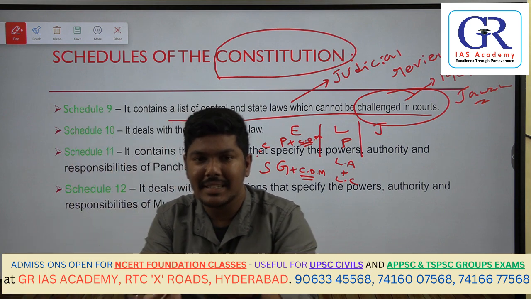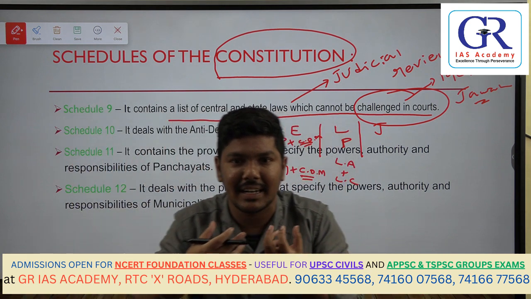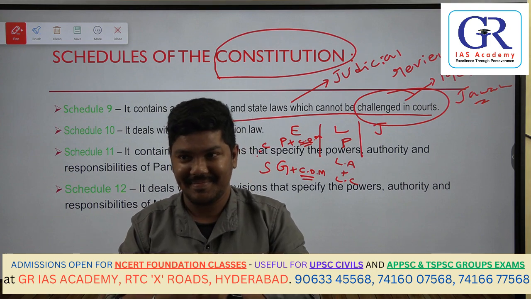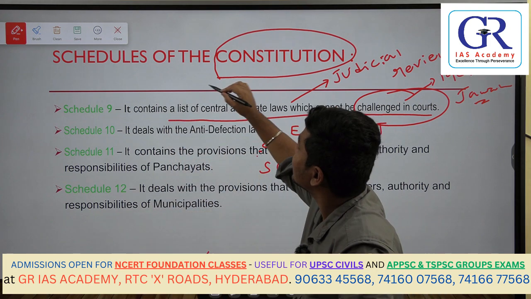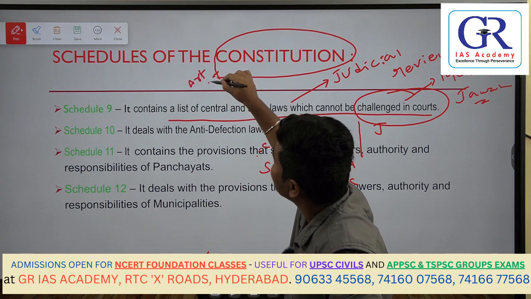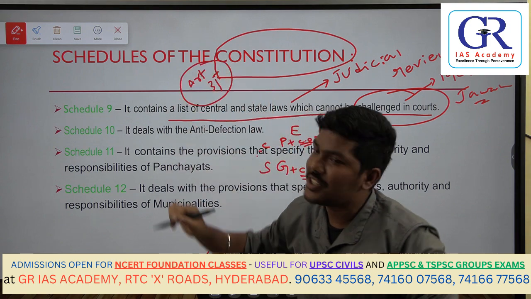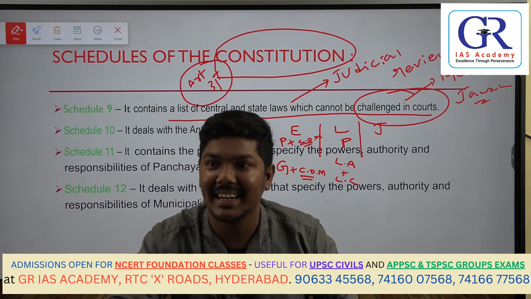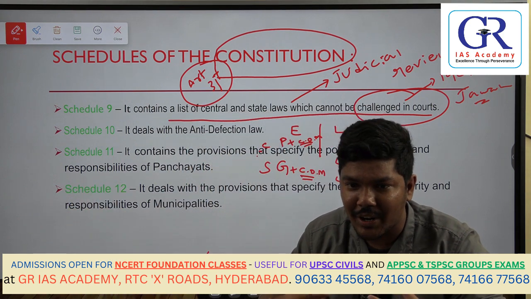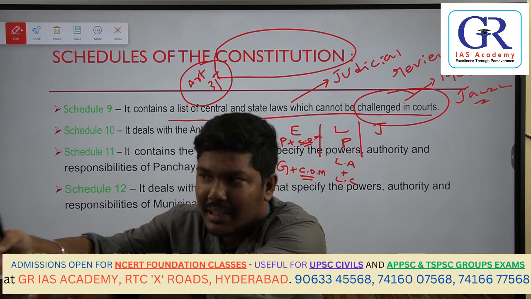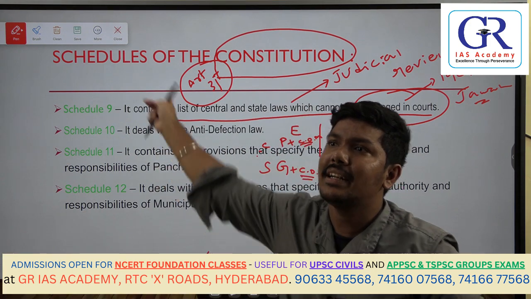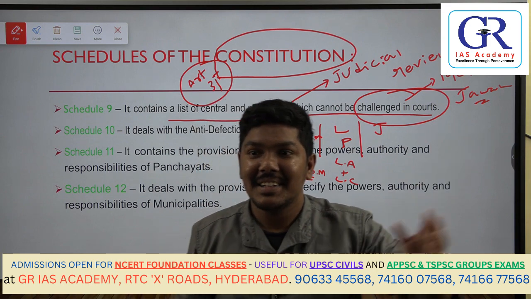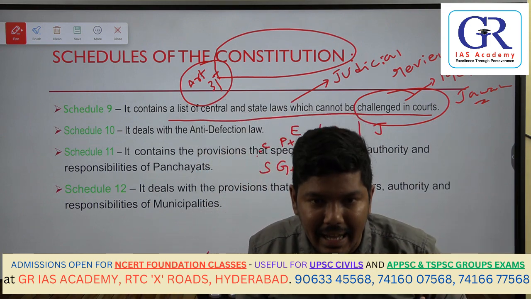But what happens is, whenever we try to take away this land from the Zamindar, he says that my fundamental right is violated. Which right? Article 31 of the Constitution. Article 31 of the Constitution deals with the right to property, which was a fundamental right. When the government goes to the Zamindar and says we want to take away the land, immediately they approach where? The Supreme Court.